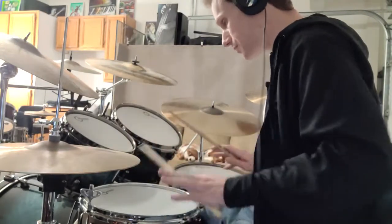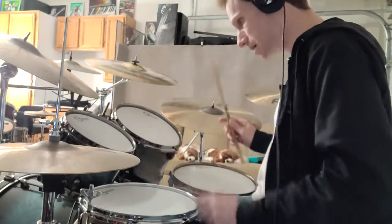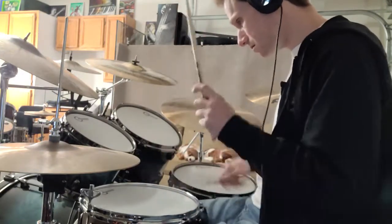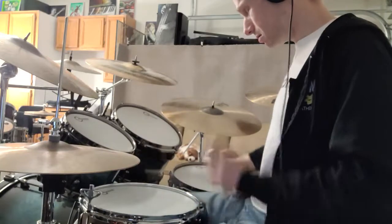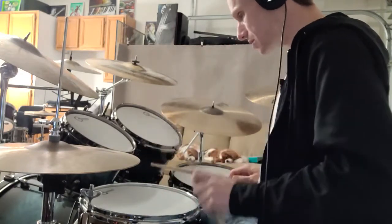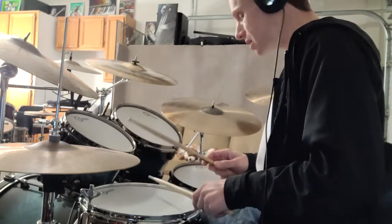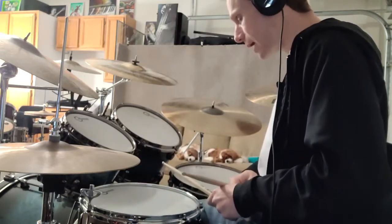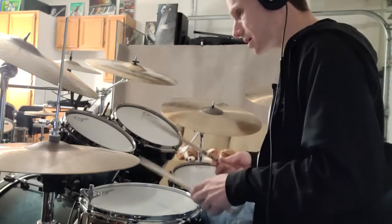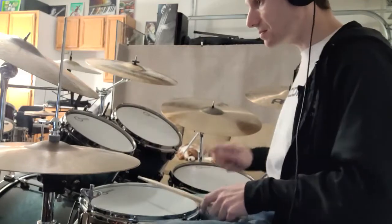So just get that first lick down, right, left, kick, right, left, kick, right, left, kick. Okay, just get that into your muscle memory. Start nice and slow, then just gradually speed it up. Then when you put it into context, you can kind of think about this like a 2-bar pattern, but it really isn't. But what I'm doing in the short that I did, the pattern was...